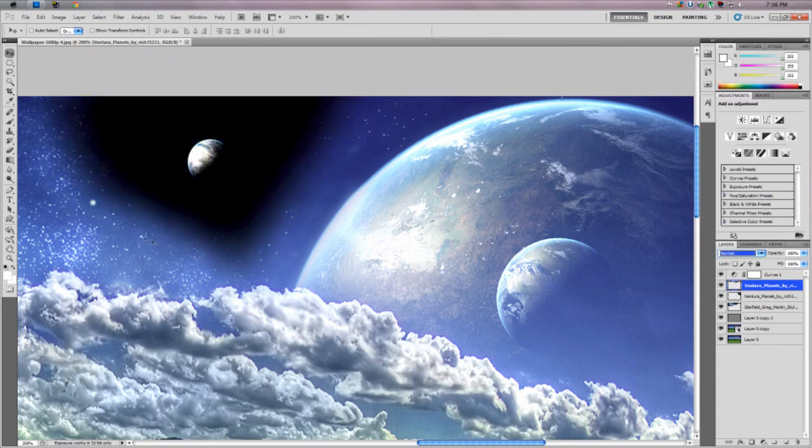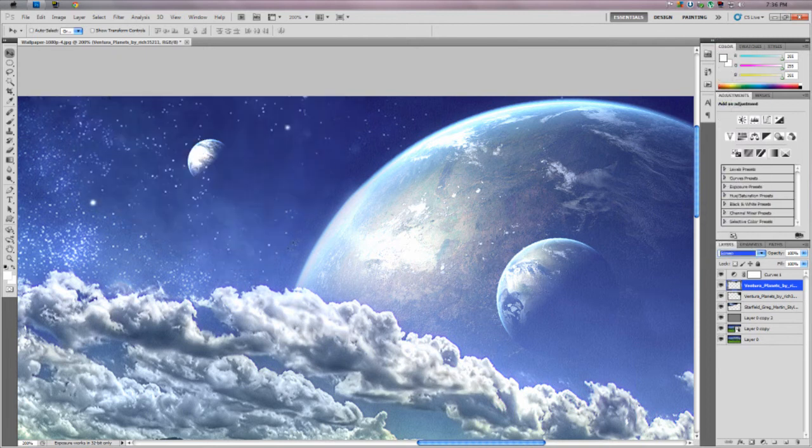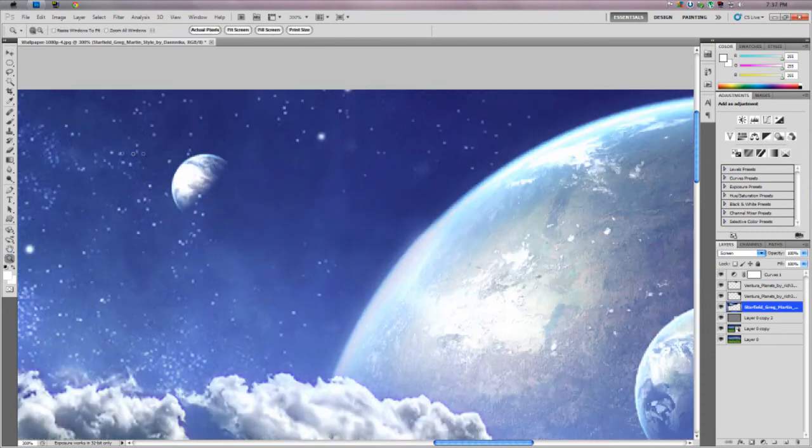If you have this black area around, it doesn't really matter, as long as there are no rough edges, as long as it looks like it's blending in pretty fine. You'll be okay. So just screen it, and as you can see, it blends in just perfectly with no shadow of a doubt. So now we want to select the star field again, zoom in a bit,